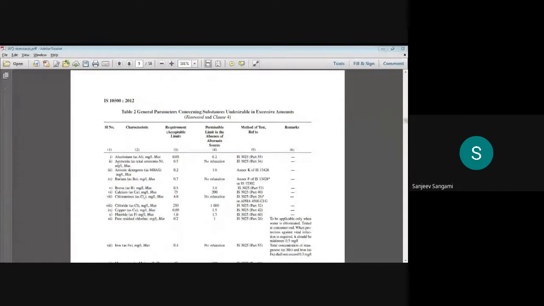So in chemical characteristics, which other things are there? Aluminum is there, ammonia is there, as a total. You have three types of nitrogen: nitrate nitrogen, nitrite nitrogen, and ammoniacal nitrogen. So NH3-N, NO2-N, and NO3-N. These are the main three forms of nitrogen which we can find in the water itself. Ammoniacal nitrogen also plays an important role. We'll discuss how exactly all these things are represented.